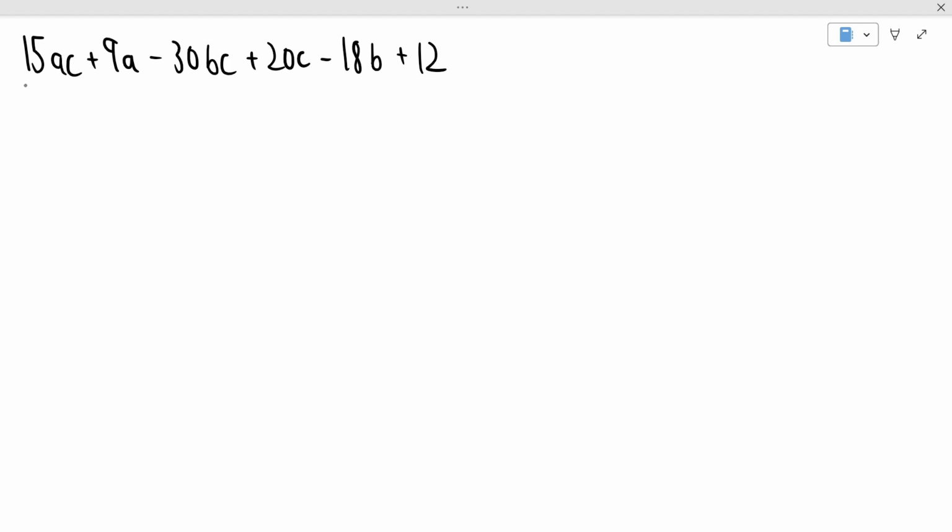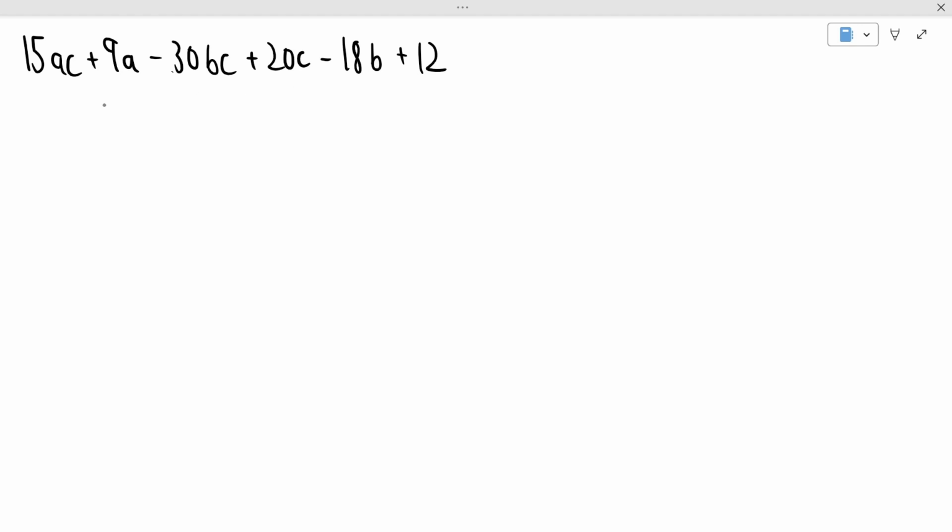So if we try a different grouping, we need to find a way to group the terms such that the ratios of the coefficients in each term is the same for each group. If we look at our expression, we can see that the coefficients 15 and 9 in the first 2 terms have the same ratio as the coefficients minus 30 and minus 18 in the third and fifth terms, as well as the coefficients of 20 and 12 in the fourth and sixth terms. They all have a ratio of 5 over 3 in this case,